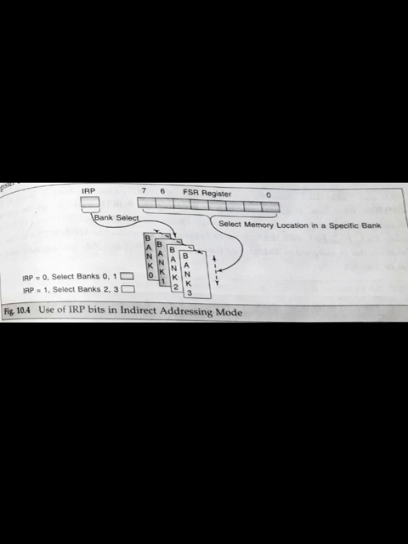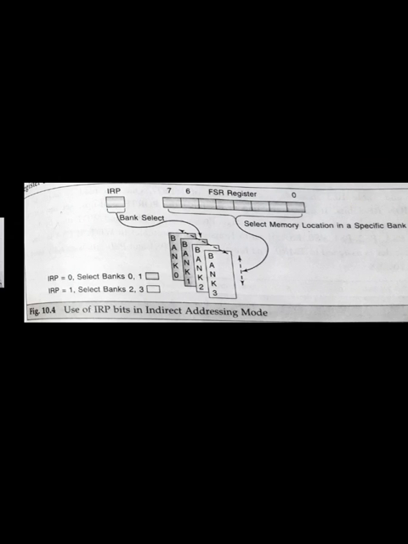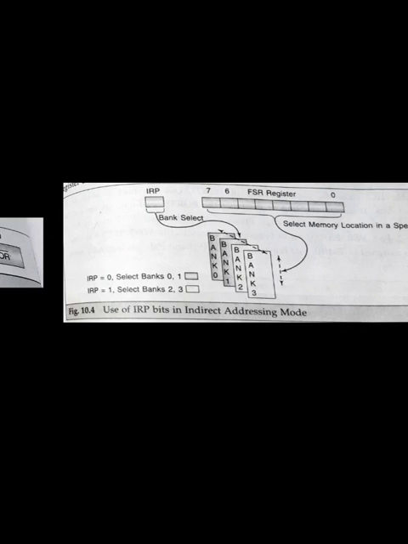The next SFR is the PCON register, that means the power control register. The power control register contains flags which can differentiate between the types of reset that occurred: power on reset, brownout reset, a watchdog timer reset, and the external MCLR reset, master clear reset. Figure 10.5 shows the PCON register, the power control register.